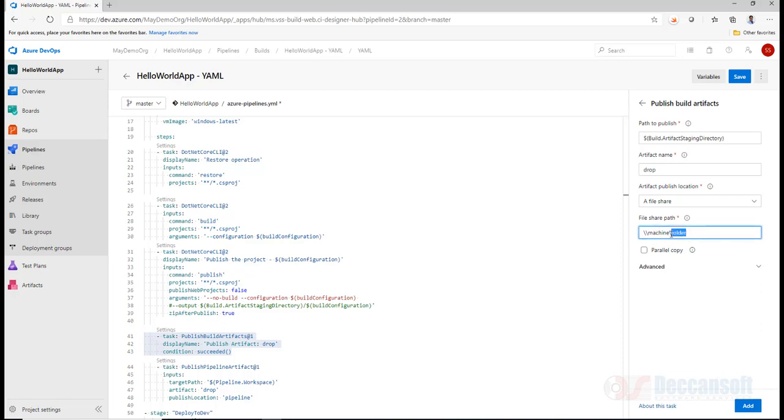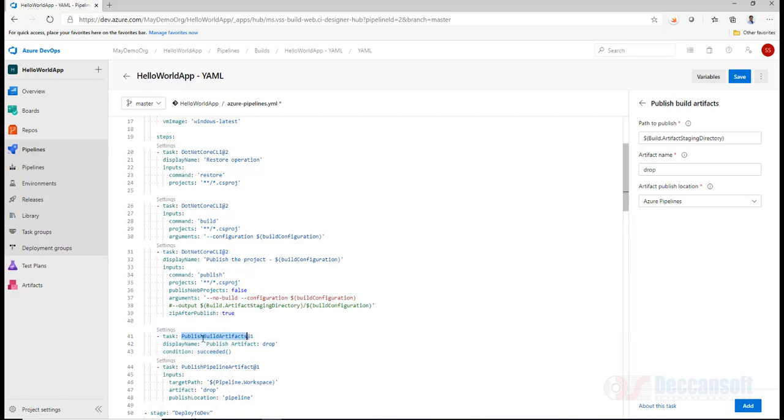One of the folders on one of the machines on the network is going to be marked as shared, and from here, after the build is completed, we can directly publish it to that. Of course, this will be useful only if it is a self-hosted agent. In a Microsoft-hosted agent, you don't have the choice of using a file share, you have to use only Azure Pipelines.